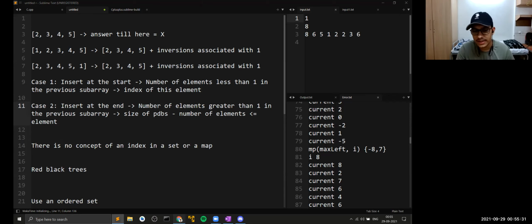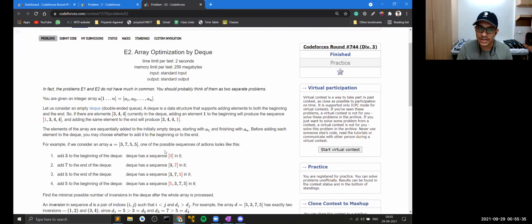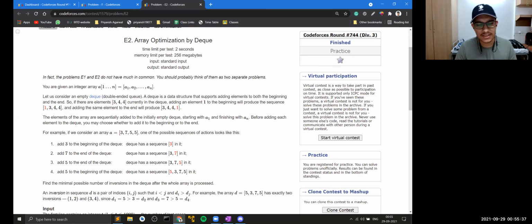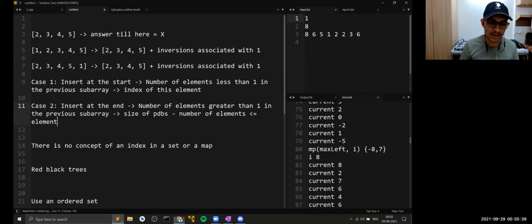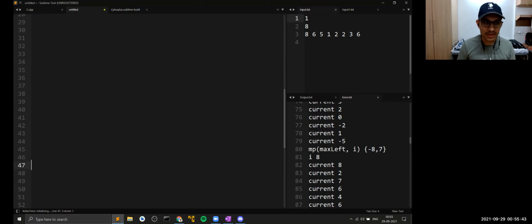And obviously, these elements are not unique. So in order to insert elements, this is another concept that I think I should tell you guys. Let's say I tell you that you have to insert these elements 3, 3, 4, 1 inside a set. If you insert these elements naively inside a set, the set would look something like this. But instead of storing this like this, you pair these numbers up with their indices, something like this.